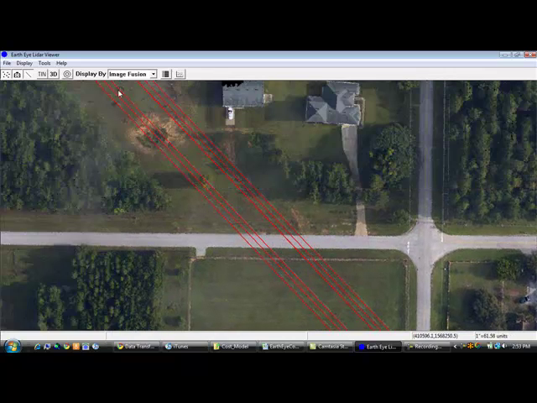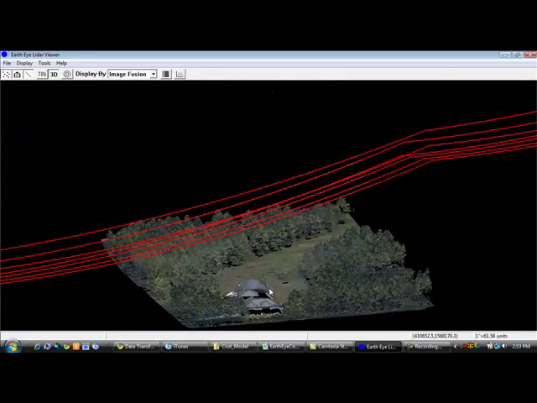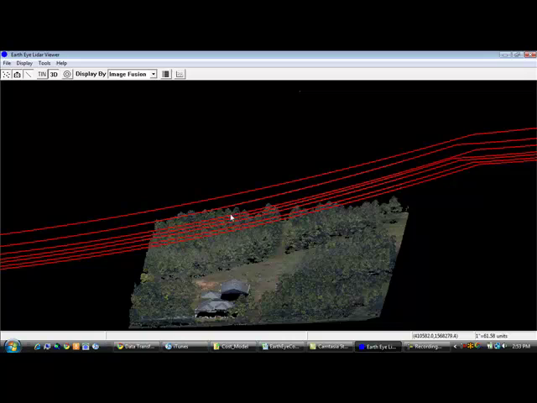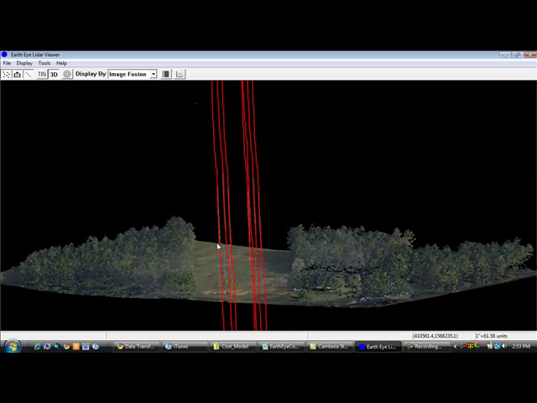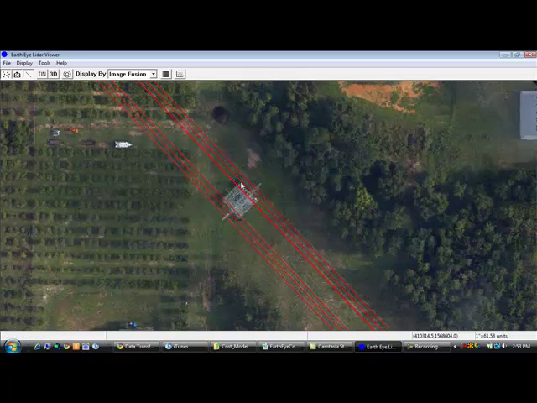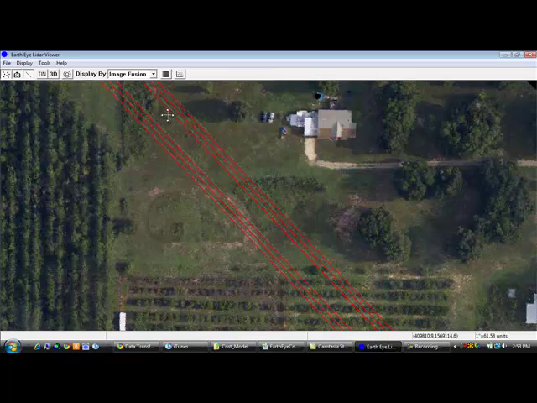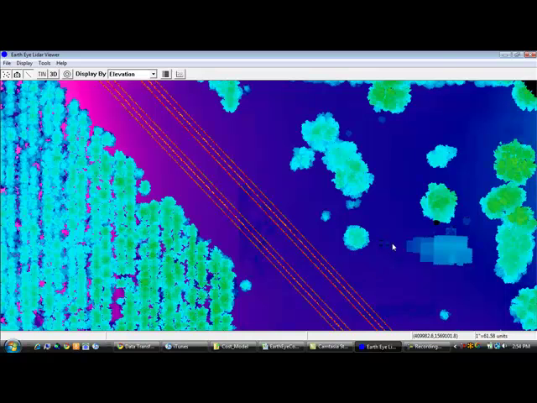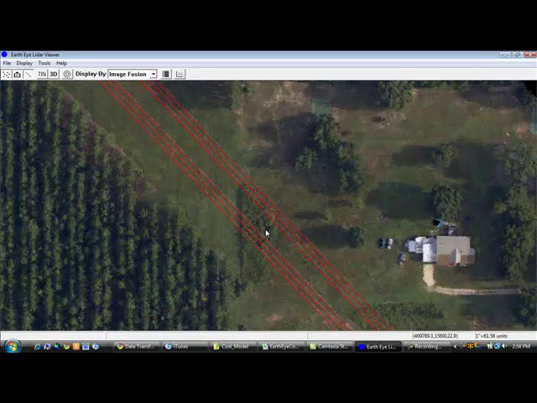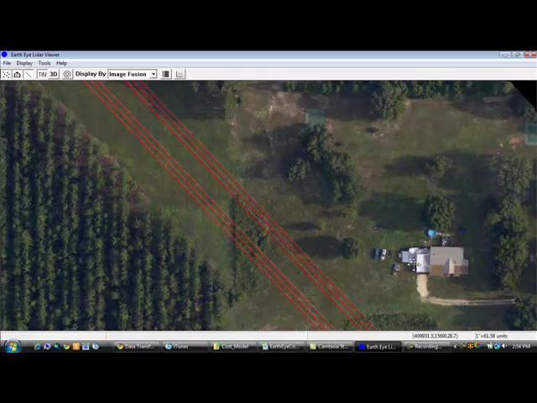I can fuse the imagery with this data and look at everything in 3 dimensions. I can see these houses over here in 3D in their relation to the power line corridor, and how that corridor is actually trimmed as well. I know in this data set there's areas where people got their boats parked underneath the power lines, and other obstructions that you might not be able to tell if you're just looking at the elevation intensity here. You can tell that this is a structure, but you may not be sure what these are, which obviously are vehicles. But if you fuse that data with the imagery itself, you can see really what's going on in a